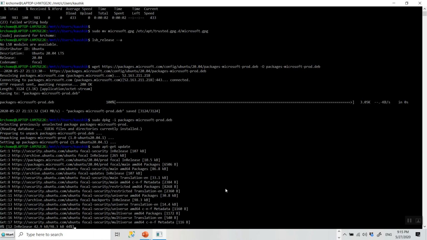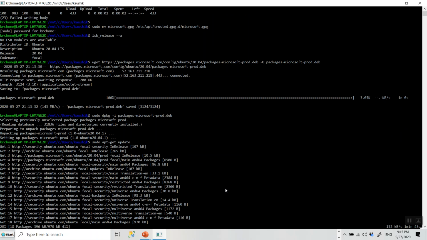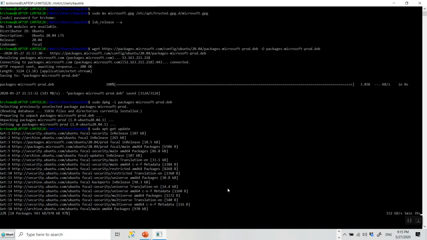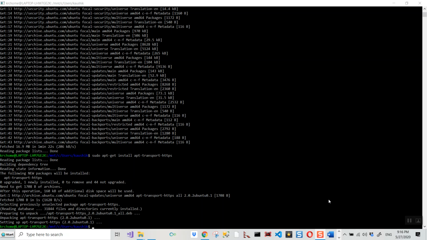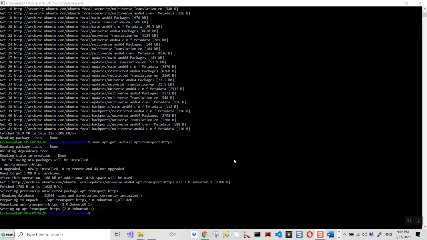It is getting lots of packages with sudo apt-get update. Now it is issuing the second command: sudo apt-get install apt-transport-https.